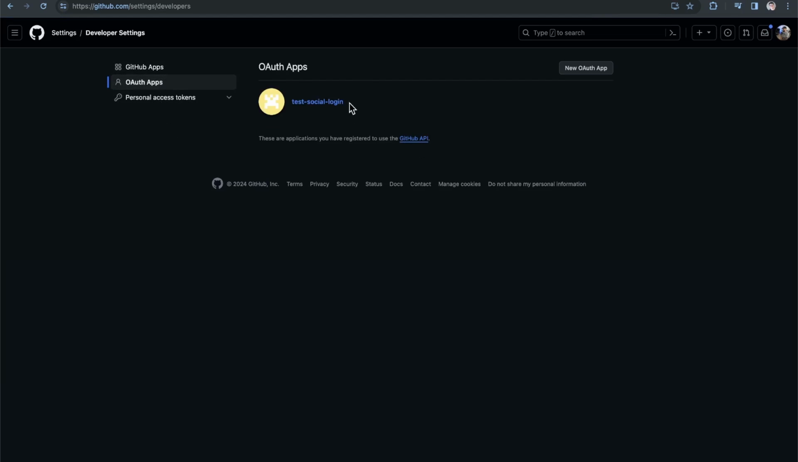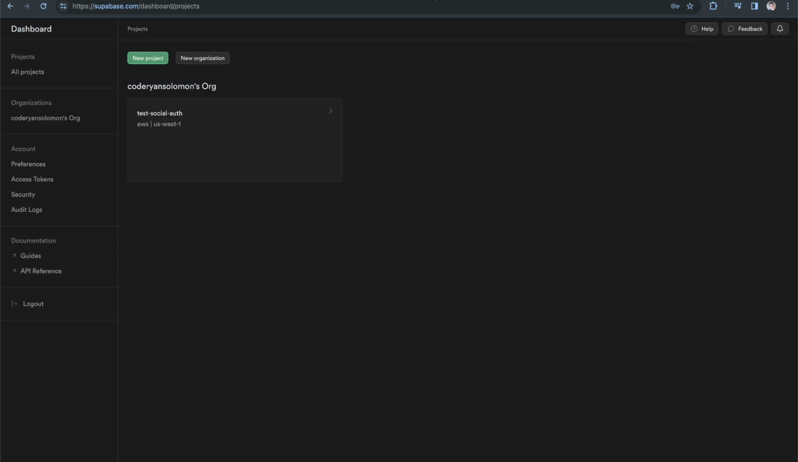You can see I have a test social login because usually for these tutorials, I create them ahead of time and make sure that everything works. So once we have our OAuth apps here, we are not going to create it just yet. I just want you to click on this because before we do a new OAuth app, we need to create our Supabase project. So let's head over to supabase.com,